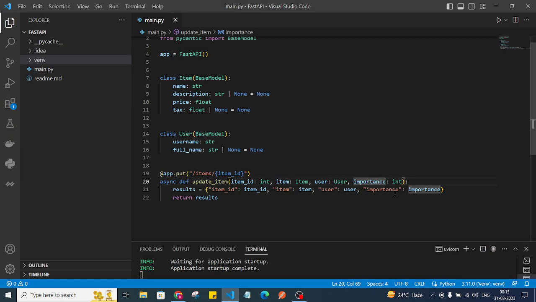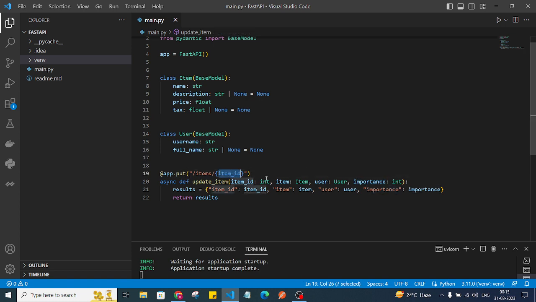If you try importance colon int, which is the type of that importance, it will automatically take that as a query, because we know that by default, if you are not assigning anything,